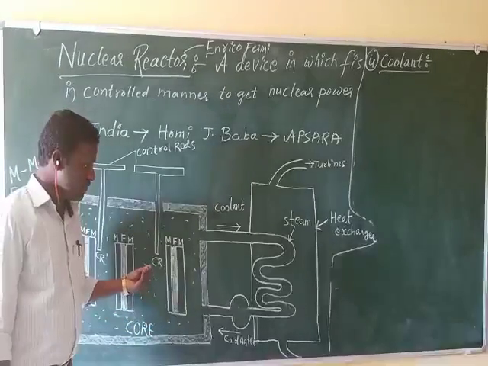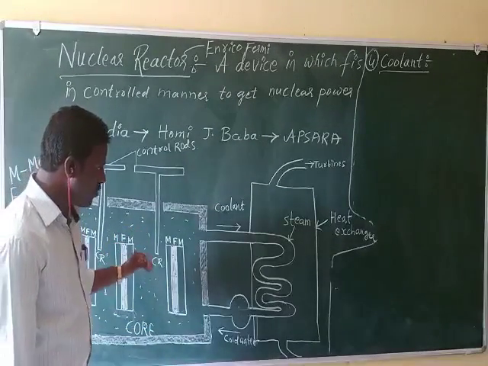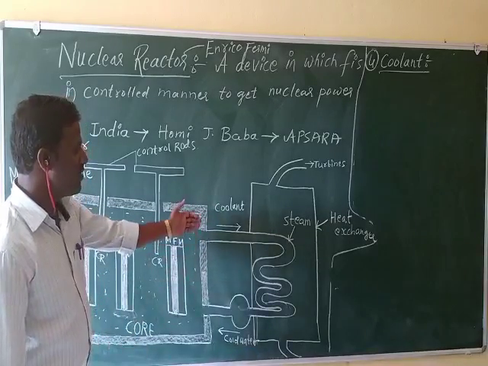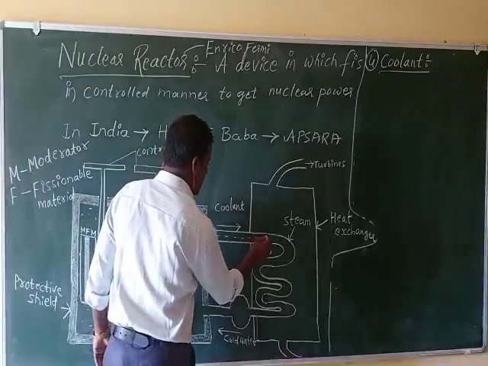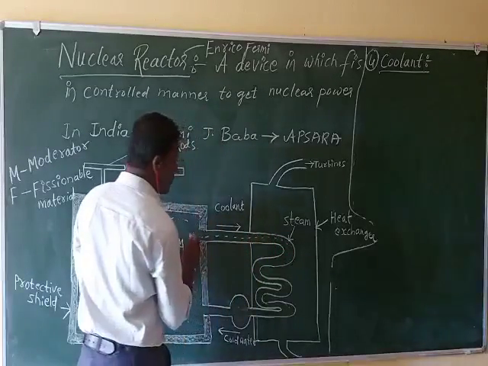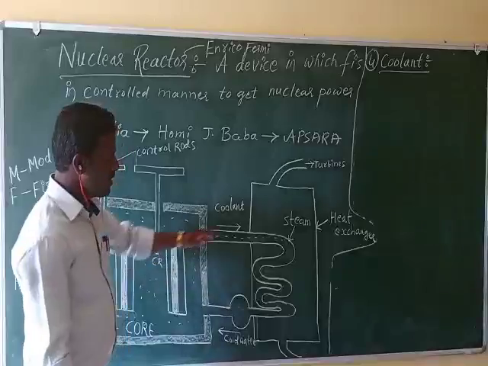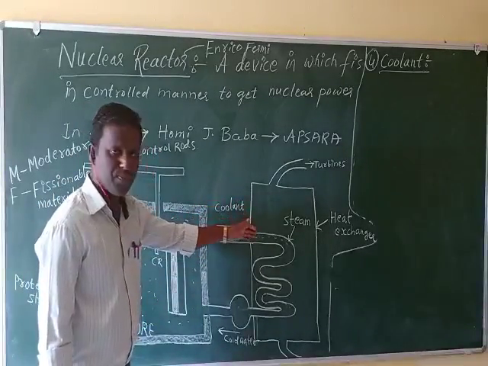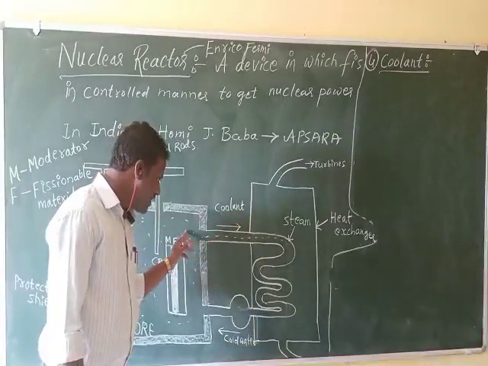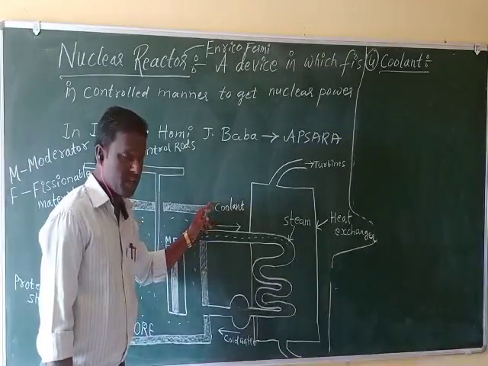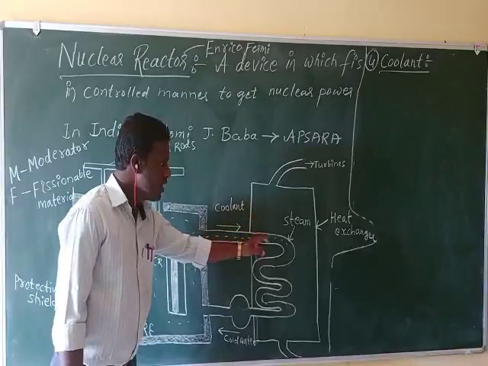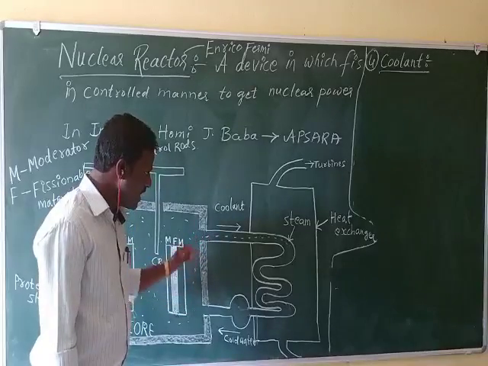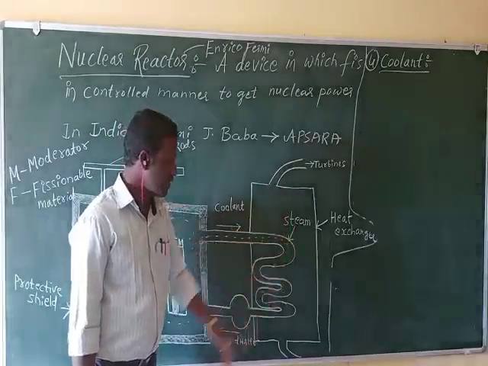So see, to remove this heat energy, who is there? That is the coolant. So what is coolant? Cooling material. Coolant is a cooling material which removes the heat and transfers that heat energy to the heat exchanger. So in this heat exchanger, the heat of the core is converted to steam. It removes and shifts to the heat exchanger, and in the heat exchanger this heat energy is converted into steam,